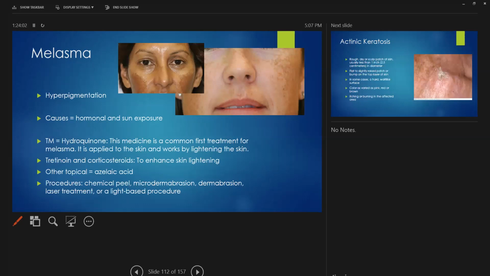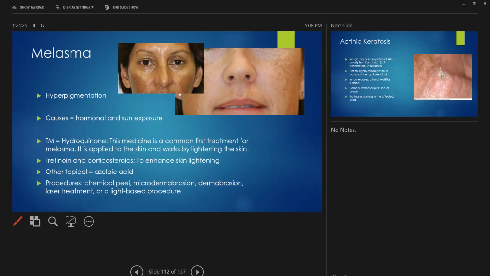This is melasma. So melasma is hyperpigmentation. So hyperpigmentation of the cheeks. Generally where we see this, the treatment is hydroquinone. That's first line. You can also use tretinoin and corticosteroids. Azelaic acid